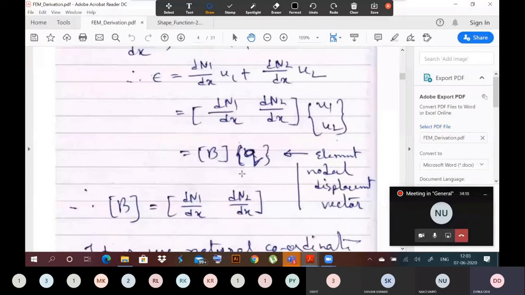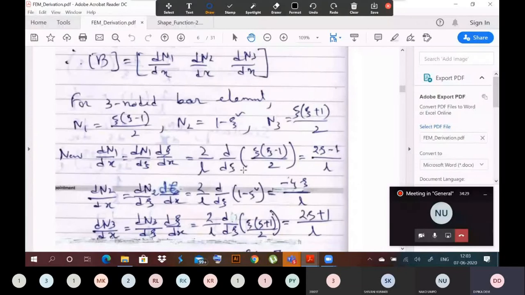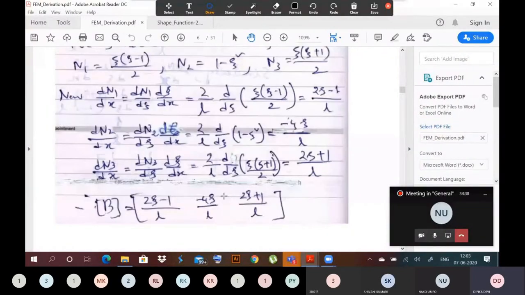Now let us try to find out the strain displacement matrix for a beam element. Okay, so for a beam element, this formula you should know. Strain energy is given by half integral of M square by EI into dx, where M is equal to bending moment, EI d square y by dx square, where y I have used for vertical displacement. Here we will use V. In FEM, in place of y, we will use V.